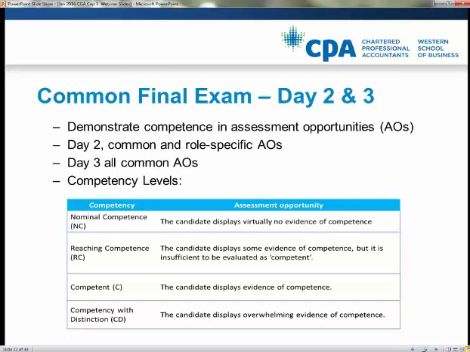So these exams are marked not with a key or marking guide, but by assessment opportunity. So an assessment opportunity would be related to an issue. So if there was, in financial reporting, an issue on revenue recognition, there would be an assessment opportunity which would say the candidate addressed the revenue recognition issues. The markers would then determine whether the candidate had displayed enough evidence of competency and give them a C, or if they were reaching, which means they had some evidence of the competence but insufficient to be considered competent,